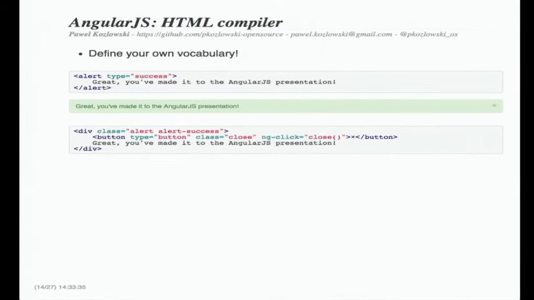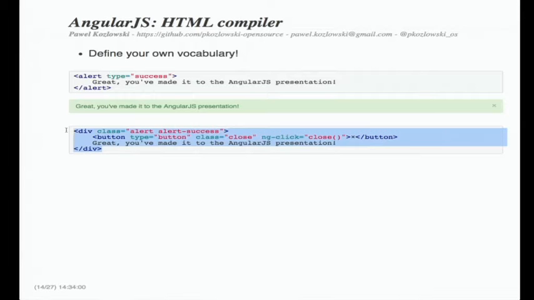But there are other usages that are more useful, and there is a wide range of use cases where we can employ directives. One of those very simple things where directives are very useful is the ability to take a piece of existing markup.